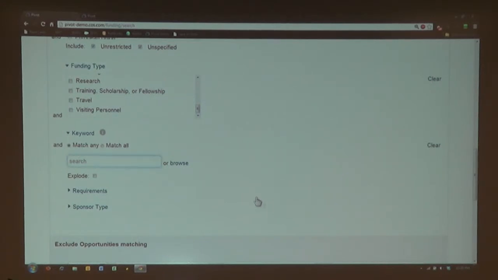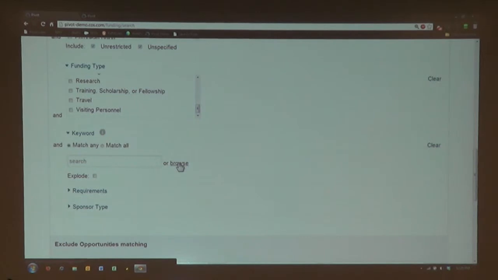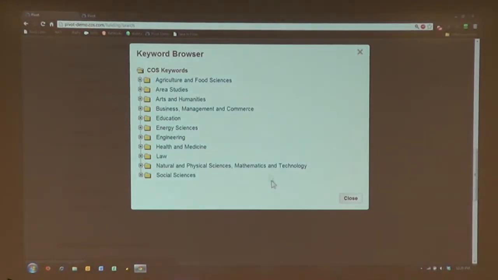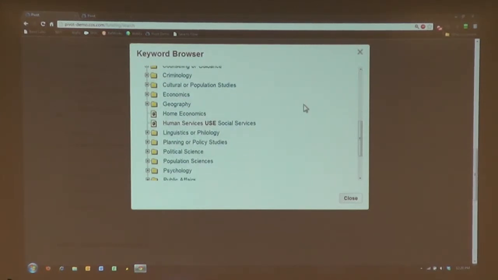So you can type in a keyword and it will pull up and suggest matches from the index. And you see, basically it's a hierarchical structure. So there's health and medicine at the top, and then underneath that there's diseases and disorders, and it breaks down like that. And so you can choose from the list here, or you can browse. And you see, again, there's that high level, maybe go under social sciences here. And let's say,